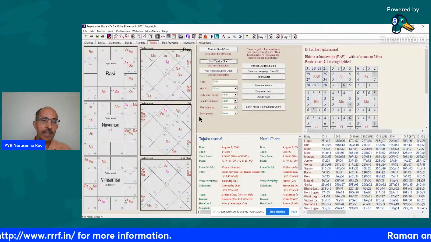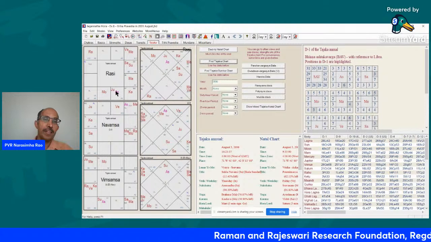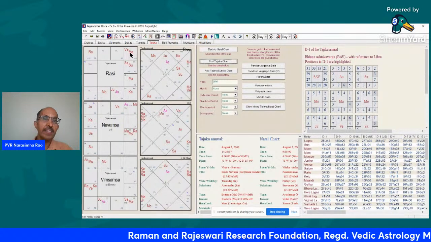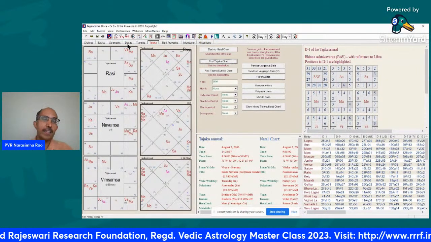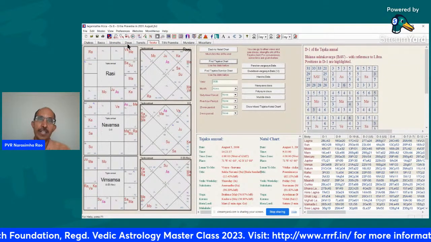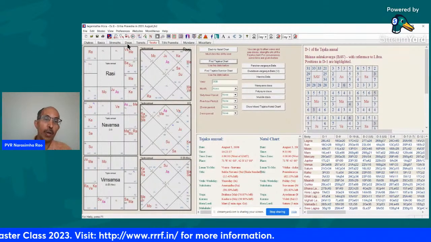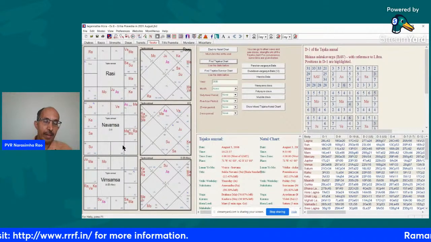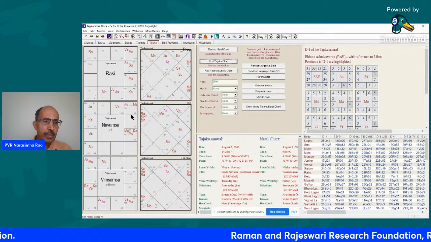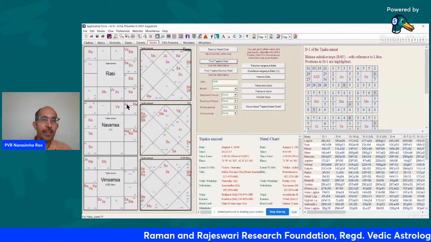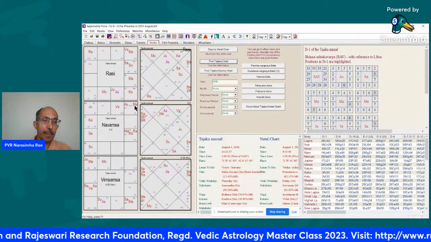So if you look at the Tajika chart of 2006, you can see that in the Rasi chart, the Lagna Lord Venus and the 9th Lord in one sign, Mercury, are in the 9th house. So basically, there is a nice combination in the 9th house. So this is a very important year for dharma being followed in that particular house. And if you look at the Navamsa chart, you see that the Lagna Lord is in Lagna. So basically, again, it's a very good year for dharma.